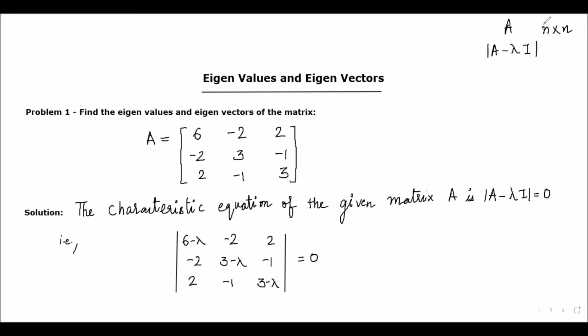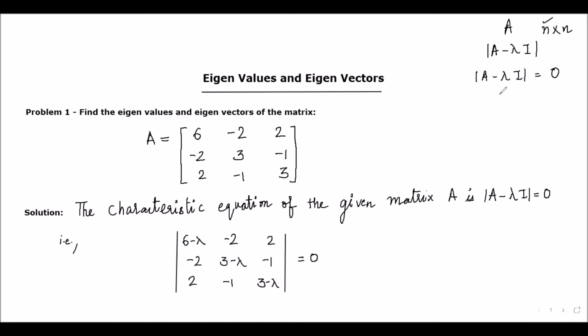This characteristic polynomial will be of degree n. And if we equate this characteristic polynomial to 0, we will get the characteristic equation. And this characteristic equation for a square matrix of order n will be of degree n. The roots of this characteristic equation, which is in lambda, those roots are termed as eigenvalues. So when A is a square matrix of order n, the characteristic equation is of degree n.